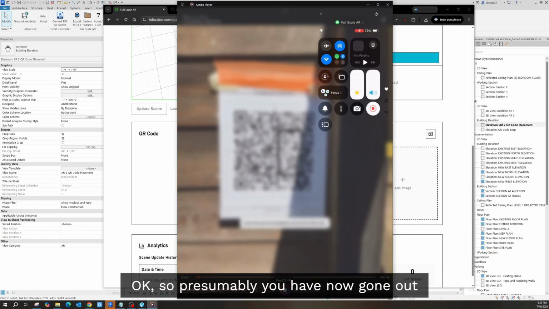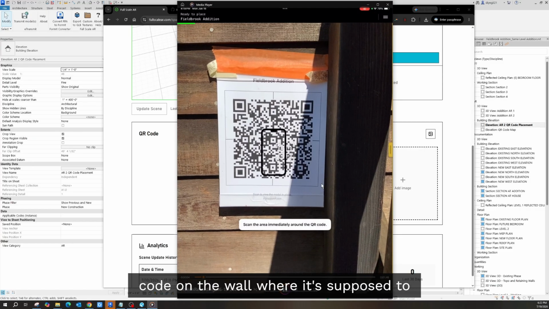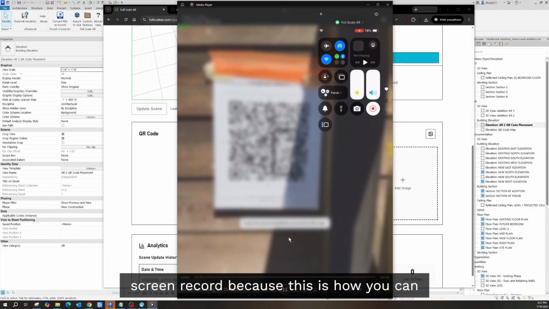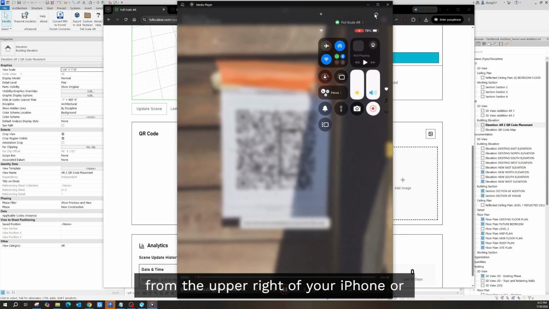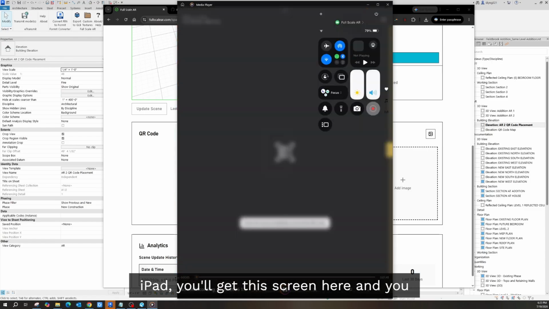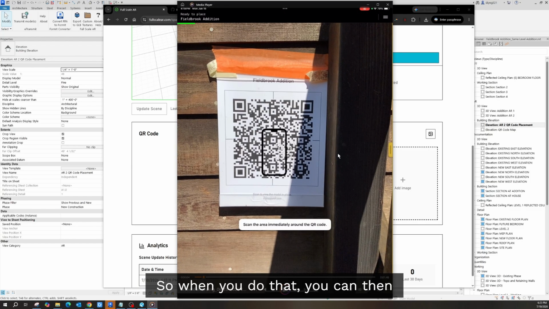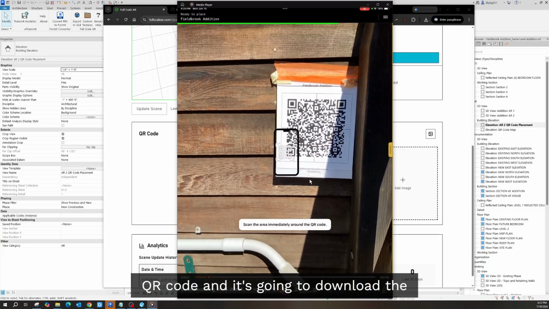Okay, so presumably you have now gone out on the job site and you've placed this QR code on the wall where it's supposed to be. One thing that you want to do is screen record because this is how you can share it later. So if you swipe down from the upper right of your iPhone or iPad, you'll get this screen here, and you press this screen record button right here towards the bottom right. So when you do that, you can then launch the app. The app is going to start looking for a QR code. And so then you need to point it at the QR code and it's going to download the necessary models